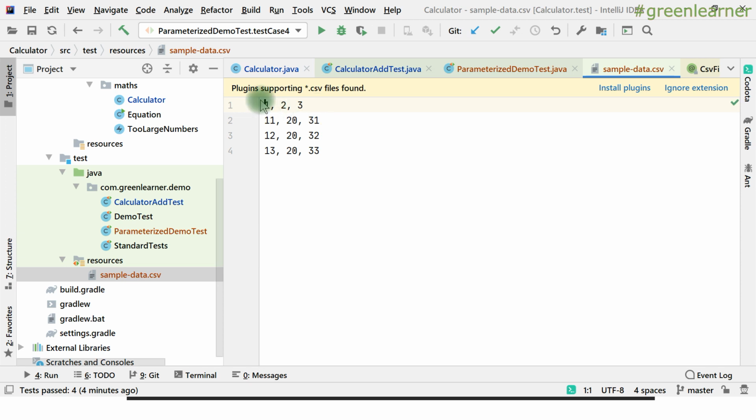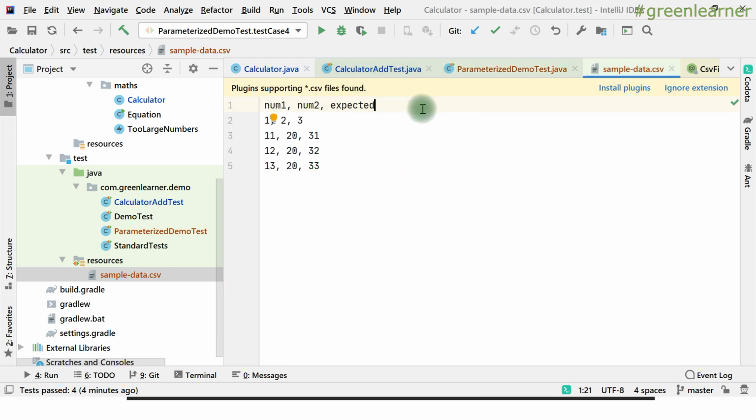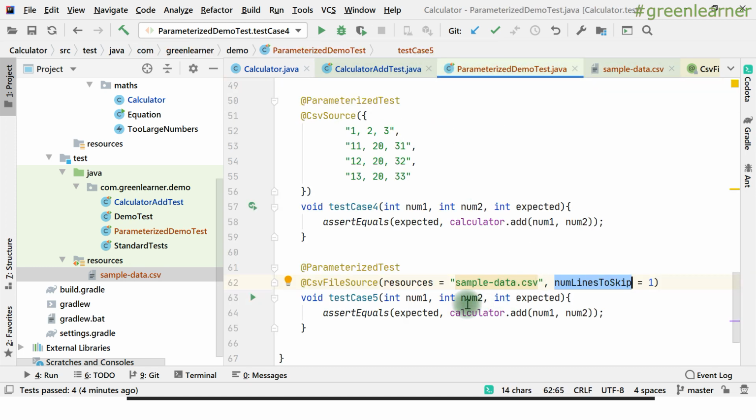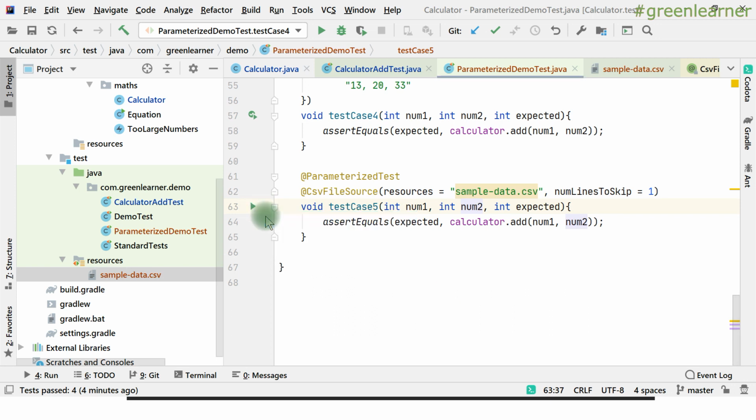And the first line we can write anything, it is some kind of table, so that it is easy to read. I can pass some detail about the header information, just to read it out, right? In the CSV file source, I have asked it for the number of lines to skip. So it is going to read this file, skip the first line, whatever you write in the first line, and the other lines are going to be read by the library in the same way that happened in the CSV source, right? So if I run this again, it should work properly as earlier, right?